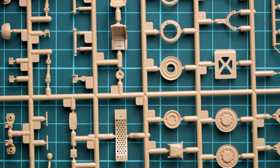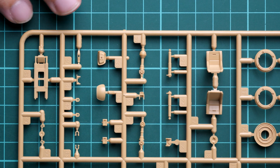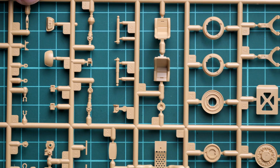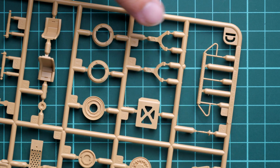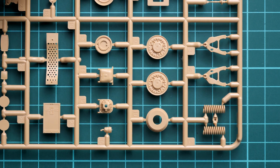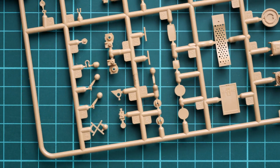So next we continue with the sprue D. This one is offered as a two-piece supply. Here we have some parts for the interior, as far as you can see. Those are, for example, the seats. Next we continue with some parts for the suspension. Those are suspension arms. Here we have also the front guard. Again, more of the suspension arms, the springs, also the wheel rims, and here we continue with some parts for